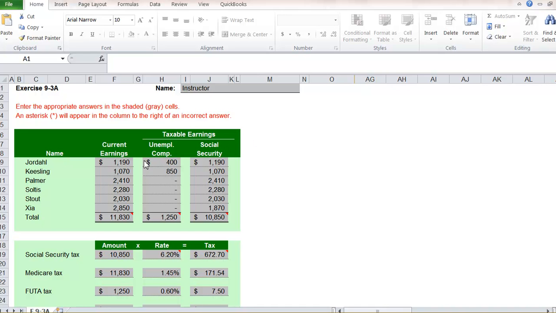So the book tells us this. It gives us their names and it tells us their current earnings. Okay, so we have to take a look at their current earnings and decide how much is subject to unemployment taxes and how much is subject to Social Security taxes. Okay, so here